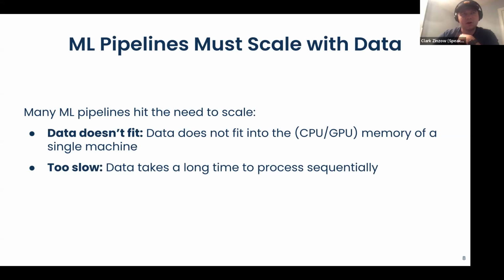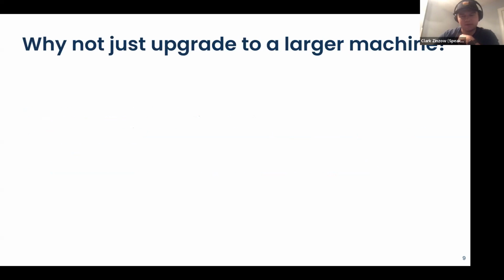Or maybe it's just the hardware constraints of a single machine: even if you can parallelize on that single machine, you're still leaving a lot of potential parallelism on the table, which you can hopefully take advantage of if you scale out horizontally rather than vertically. But first, why can't we just keep getting larger and larger machines? Why can't we just keep upgrading until we have some mammoth 200 exabyte memory machine? That sure would be great.